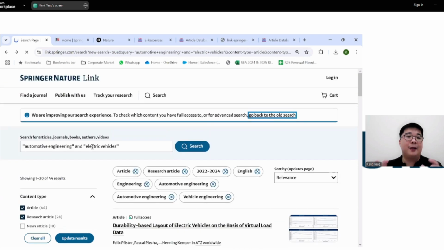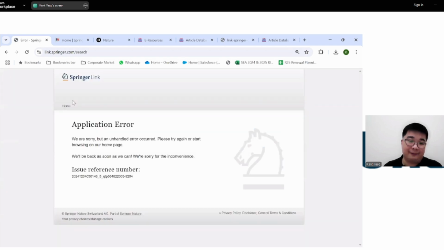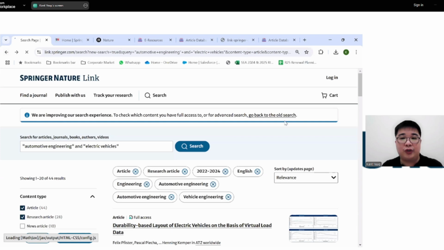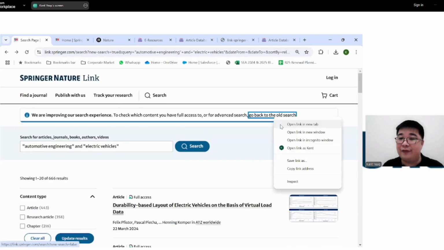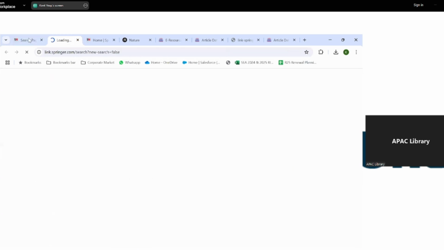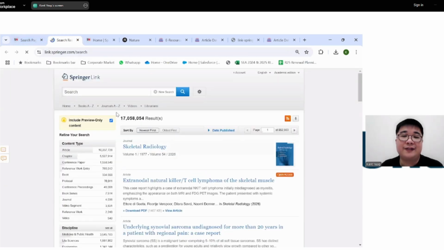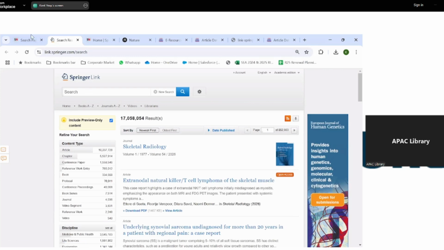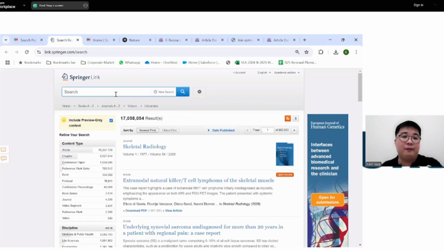But what I understand from our developers is that they're trying to take that function and put it into this new user interface eventually. So it takes time. It's not a beta, obviously. It's already a public release, but as with technology, things can happen. If it will work, I believe that the functionality to go to the old search page still exists. It still exists, but maybe it's not working for me. Sometimes it's the internet. Okay, so here we go. So you could just repopulate everything.